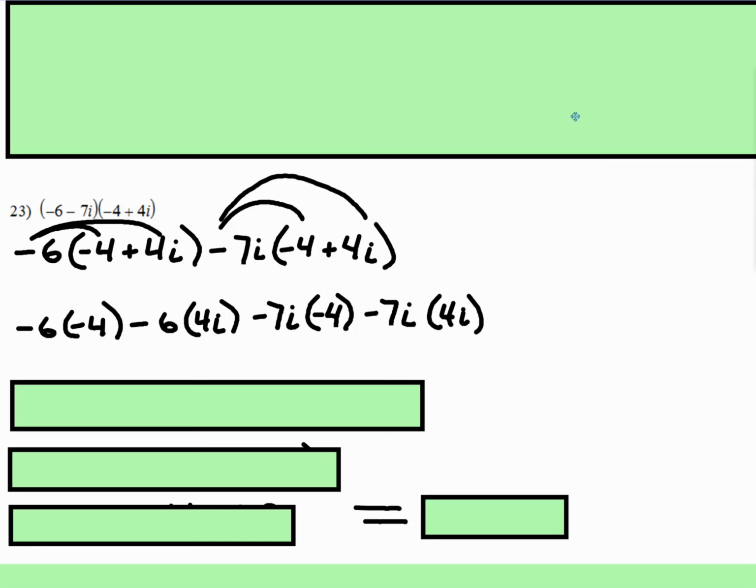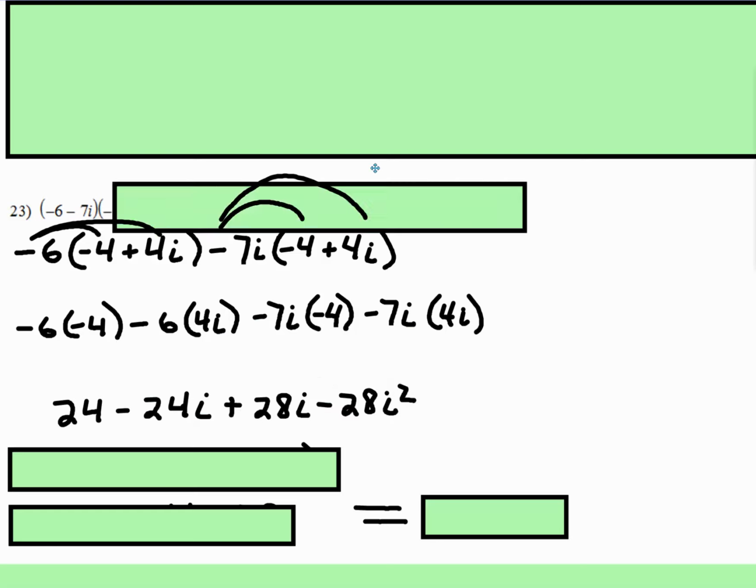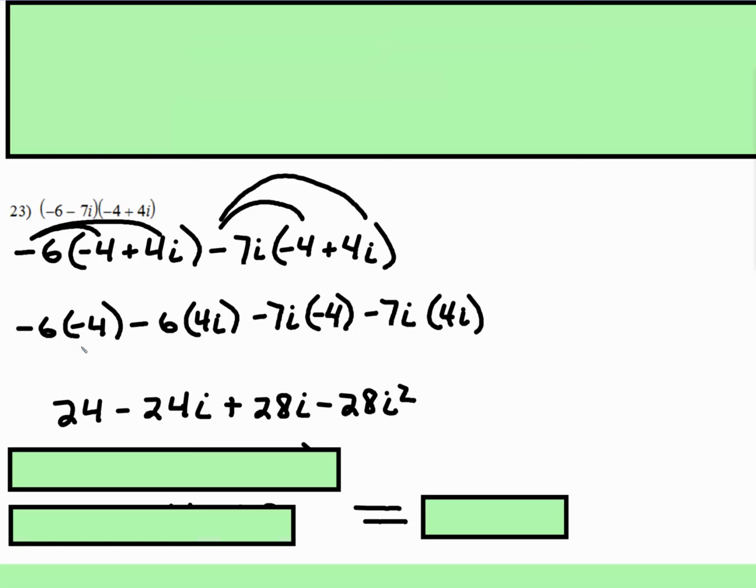So let's get that moved out of the way. So -6 times -4, so we're going to have a +24. -6 times +4i, okay, I'm just going to go ahead and move this. -6 times -4 is 24. -6 times 4i is -24i. -7i times -4, negative times negative is +28i. -7i times 4i is